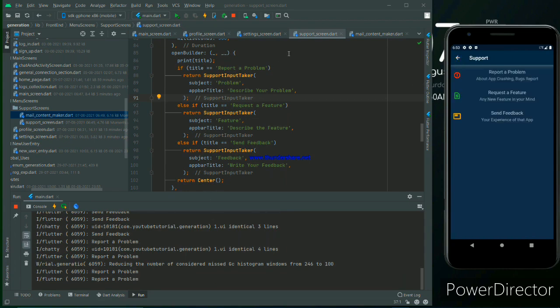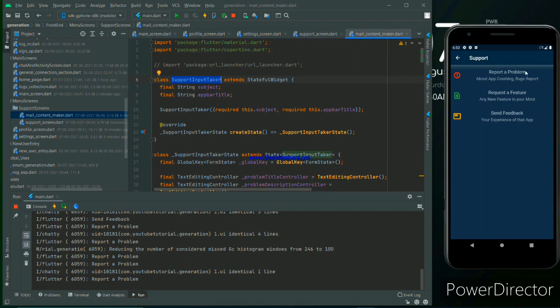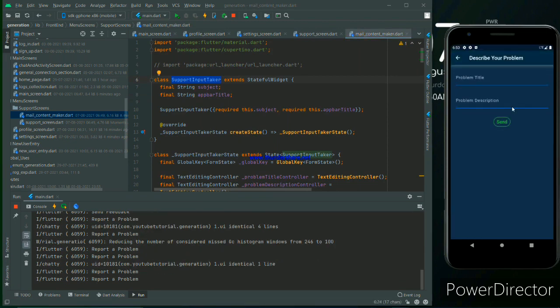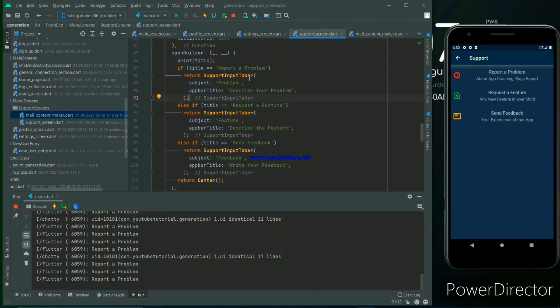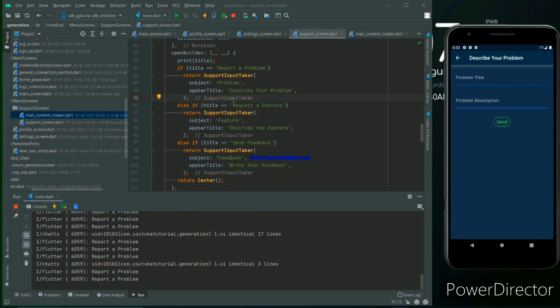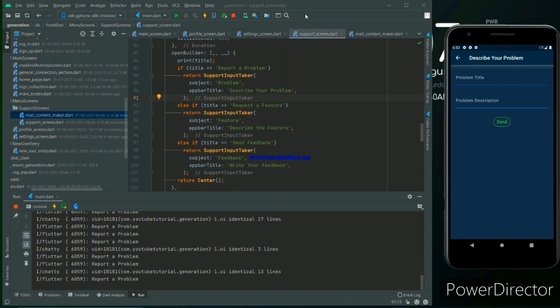Okay, and that's why we make a screen of mail content maker, because everything is under the mail, and it's the same UI pattern. That's why we are adding it that way. And the support input taker takes a subject, that is what the thing is. So this is a problem.